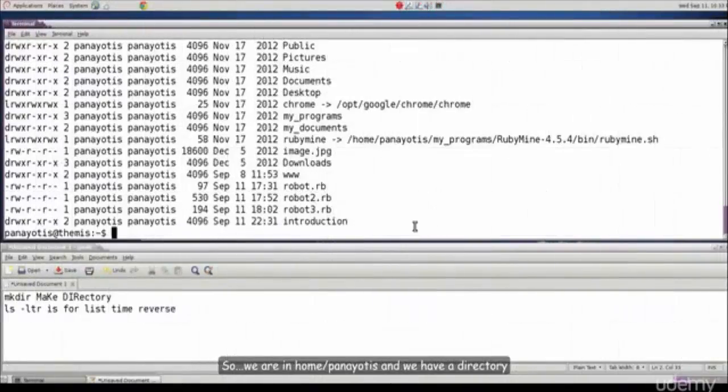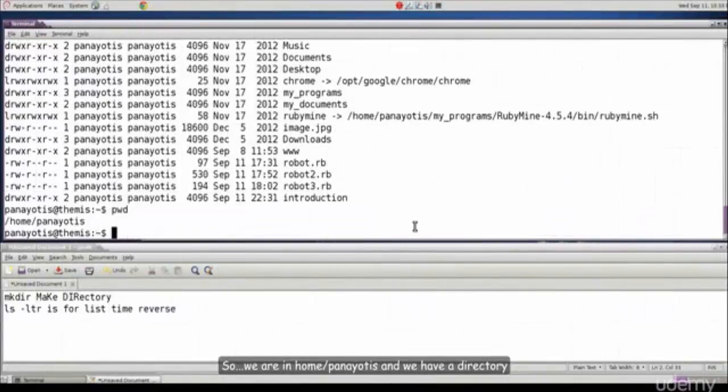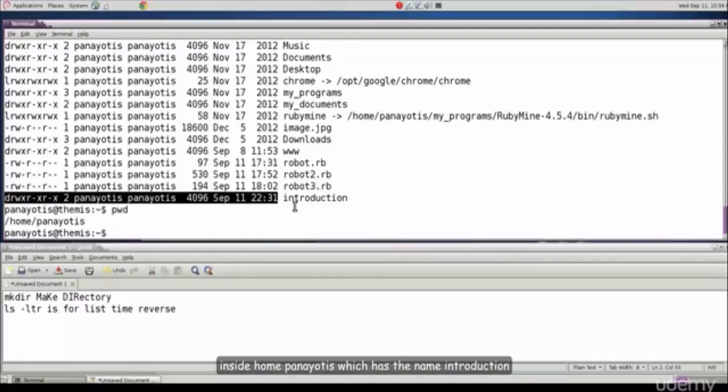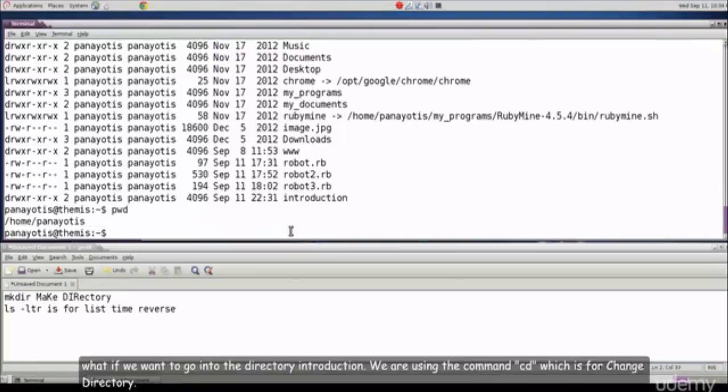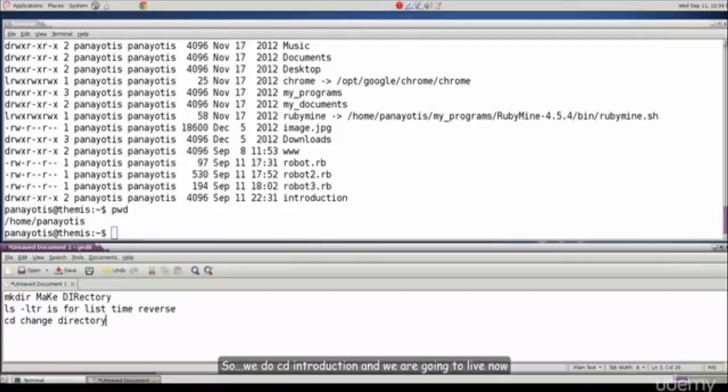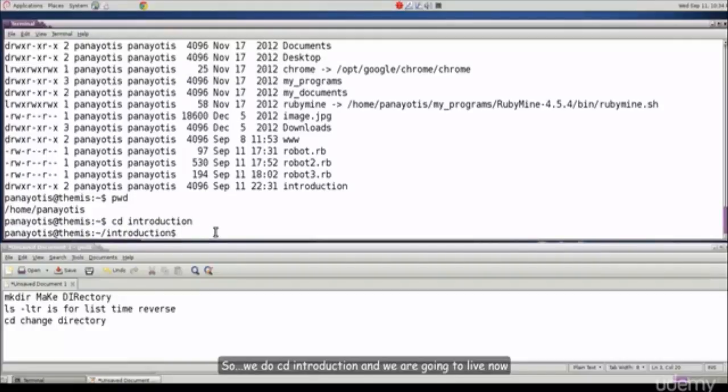We are in /home/Panayotis and we have a directory inside it named introduction. What if we want to go into the directory introduction? We're using the command cd, which is for change directory. So we do cd introduction, and we're going to stay for a little bit inside the directory introduction, which